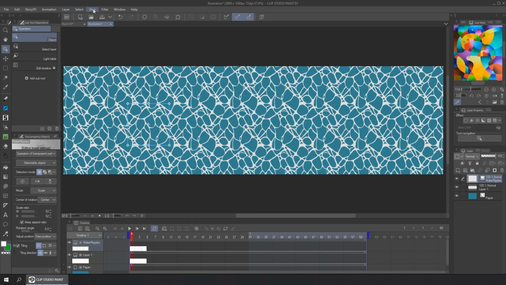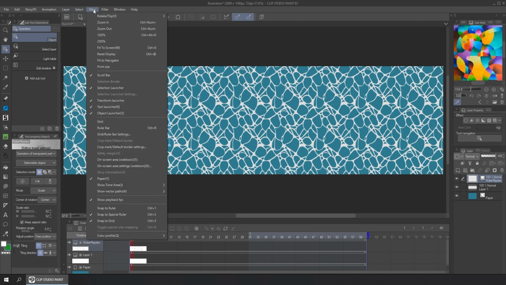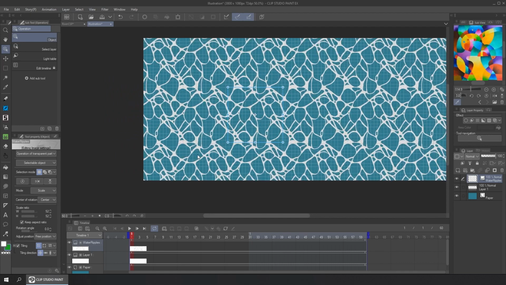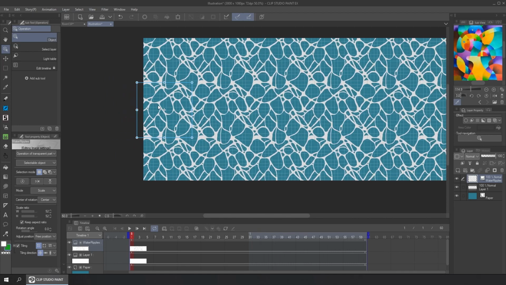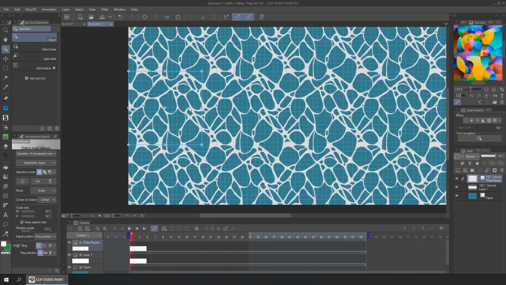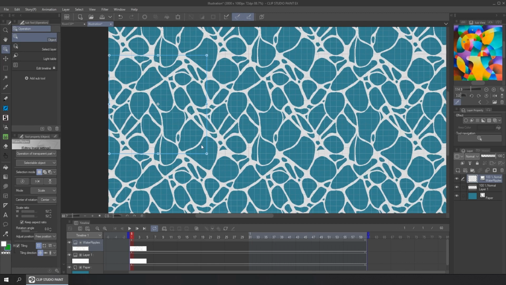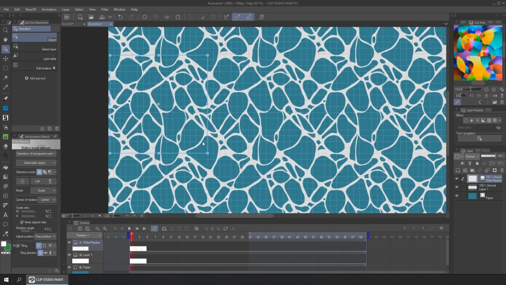First, we need to activate the grid. This can be done in View and click Grid, and adjust the texture to a reference line like this one, and you can refine the scale until it matches. Remember to enable the Snap to Grid. This way it will be easier.